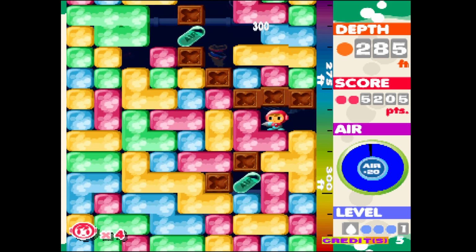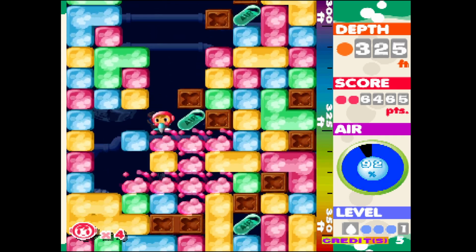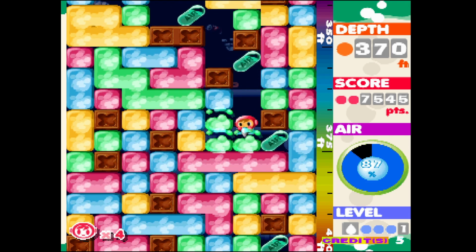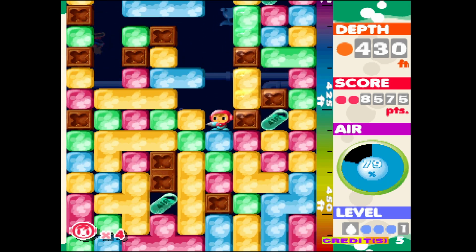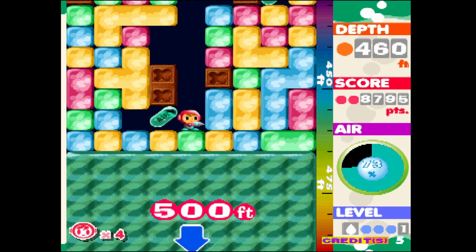You don't want to get crushed because you'll lose a life. You only have so many lives to get to the bottom goal. If you run out of lives, that's it, you start over. But the great part about Mr. Driller is that each round takes at maximum maybe 3 minutes, and I'm showing you one from start to finish off the top here. The first general area getting to that 500 feet is not that big of a deal,